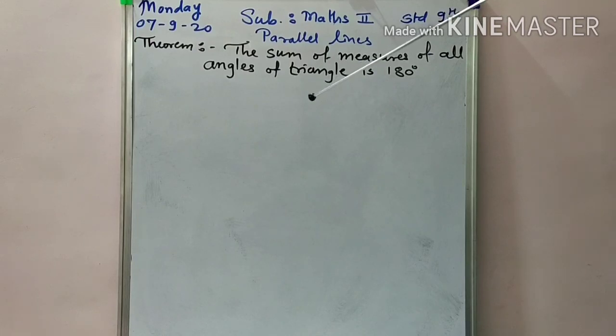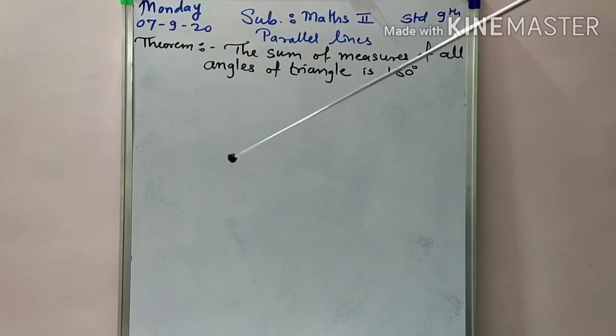So it is a very well known property to us, that in previous standards we solved examples using this property, and now here we have to prove it in this theorem. Okay, so to prove this we have to use our previous properties of the linear pair angles property, or the alternate angle property over here. So let us discuss how to solve this theorem.